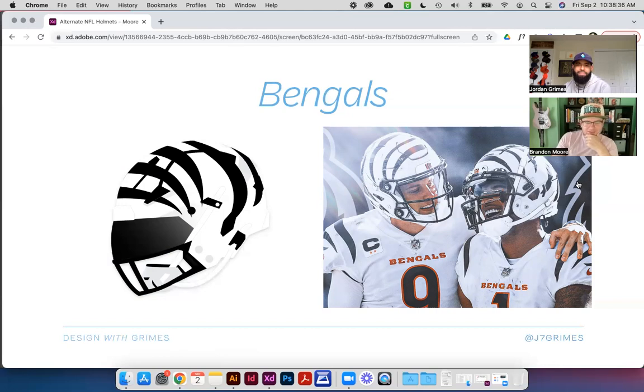Yeah, I think this is one you could tell where the uniform was made for the orange helmet, because it ties to the orange helmet a little bit better with the orange around the numbers. Agreed. So I wish for this uniform they would just drop all the orange and go black and white. Yes, I agree. Maybe in a couple of years when they're able to do that, or maybe the NFL will be nice and let them get that signature look. I think,